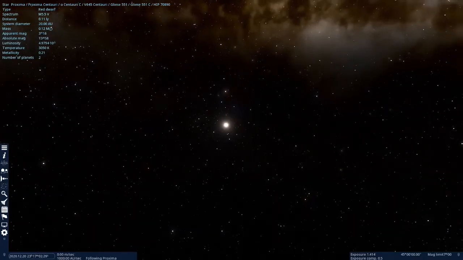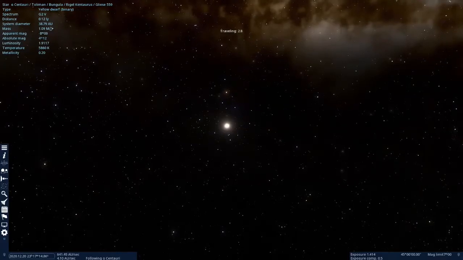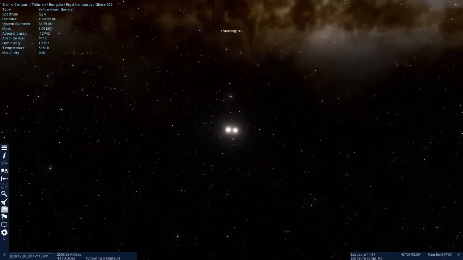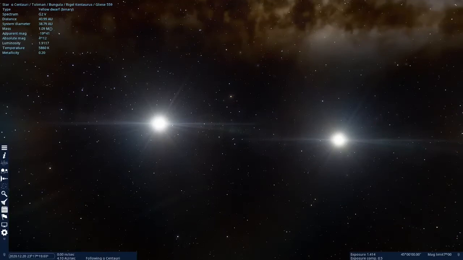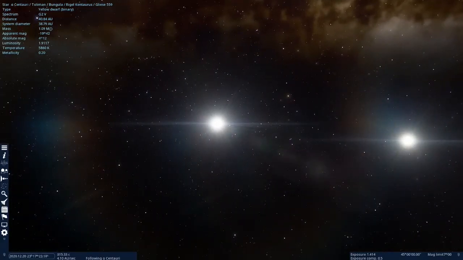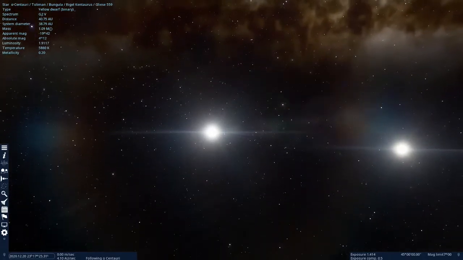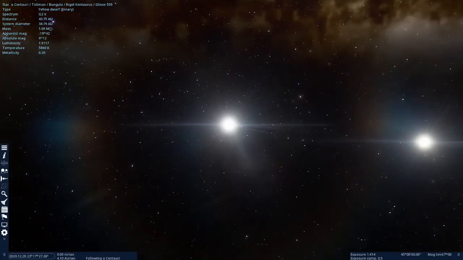You know what? Let me do this. If I can find my mouse pointer. Oh, good, I found it. I'll select it. And then see, you have to know the Greek letter alpha to get there, I guess. You have to know how to type that. Okay, there's Alpha Centauri A and B, the binary system. And there's ways of checking if it has planets and stuff like that.